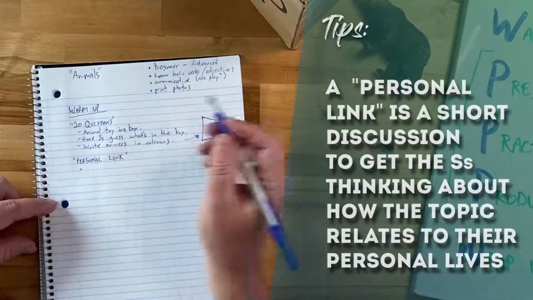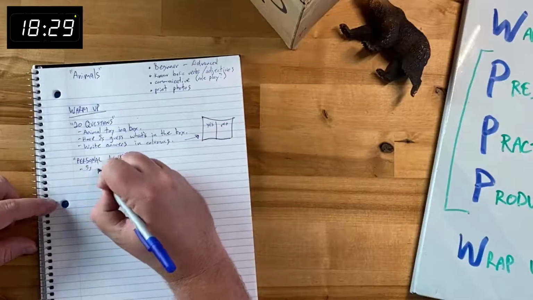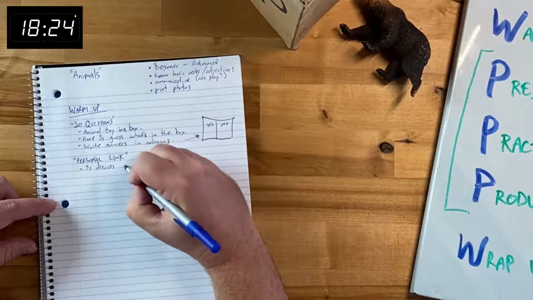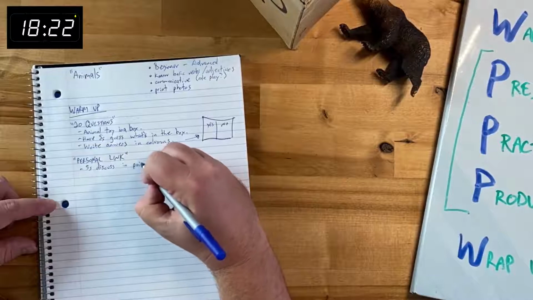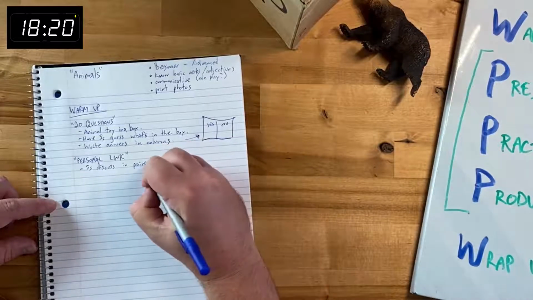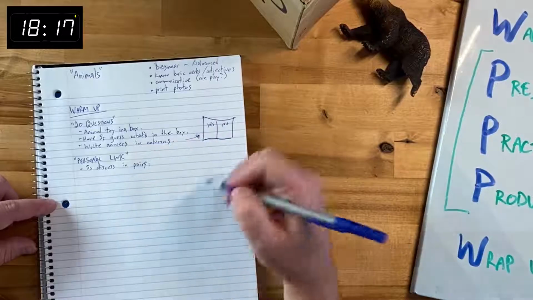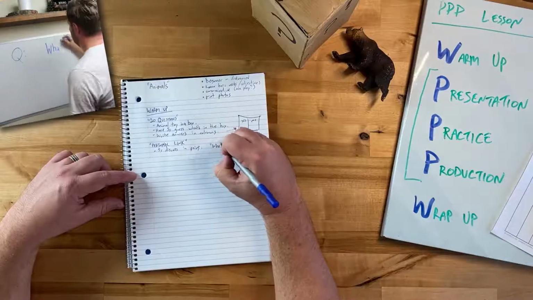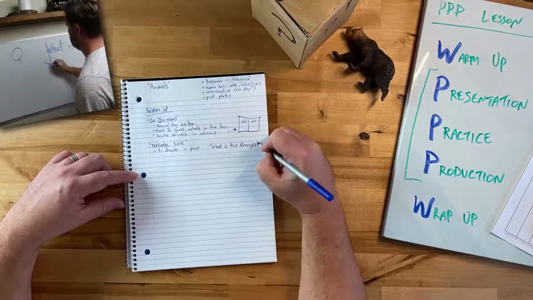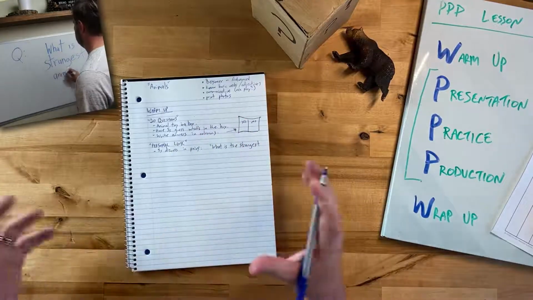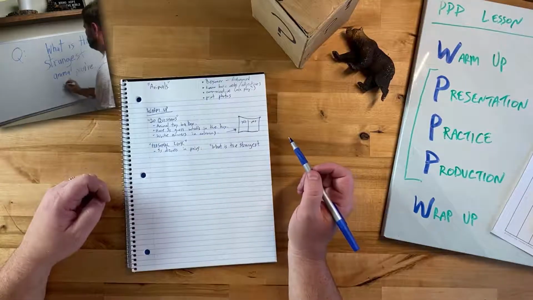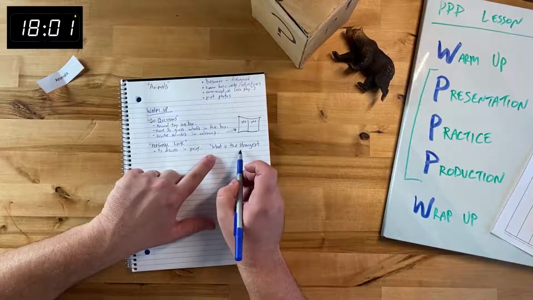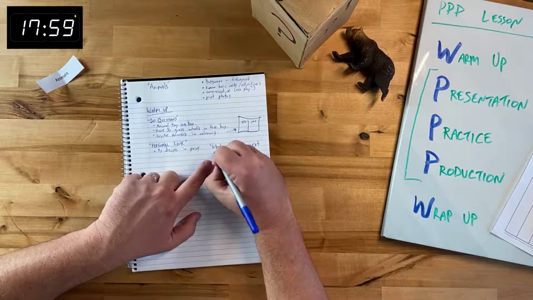So the way I might write this is have students discuss in pairs, or it could be in small groups if you wanted. This works really well just at your tables with whoever is at your table with you. So students discuss in pairs this question. Something big and unusual and superlative often makes a good personal link. Something meaningful to the student will as well. I'm going to give them this question. What is the strangest animal